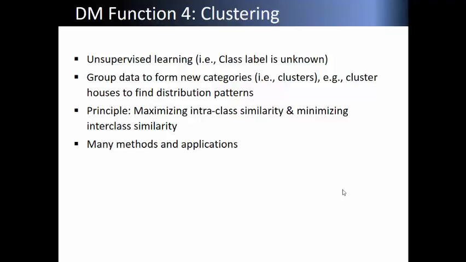Outcome is very similar. But technique, algorithm are quite different. Why are techniques and algorithms different? That is because assumptions are not the same. So the assumption for classification, as opposed to those for clustering,